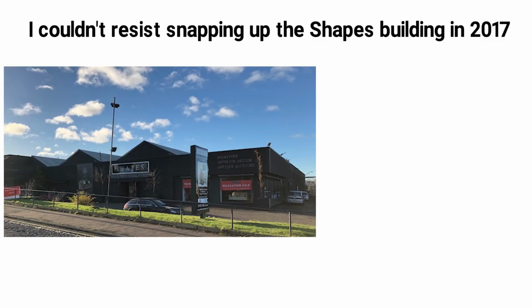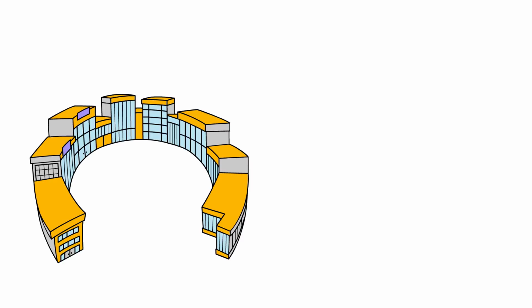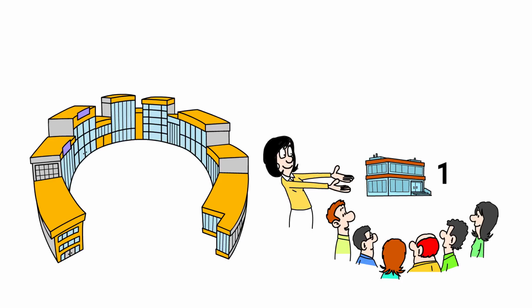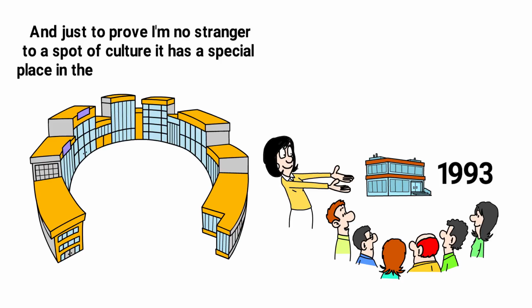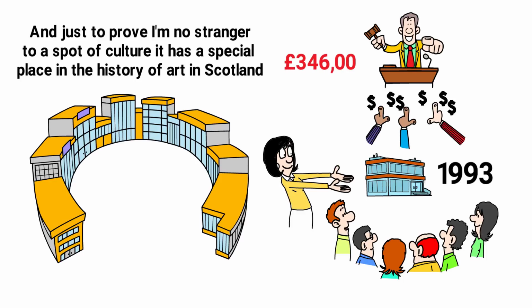It had been an auction house, but local entrepreneur Ali Black, who'd brought the hammer down on auctions for 40 years, was downscaling before eventually retiring. The furniture business expanded from its original workshop in Edinburgh's Old Town before opening a successful antique auction department in 1993 and moving to Sighthill in 1998. And just to prove I'm no stranger to a spot of culture, it has a special place in the history of art in Scotland. Jack Vetriano's Dance Me to the End of Love sold there for a whopping £346,000 in